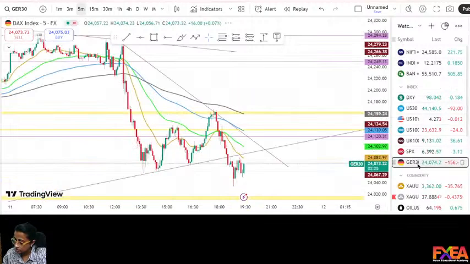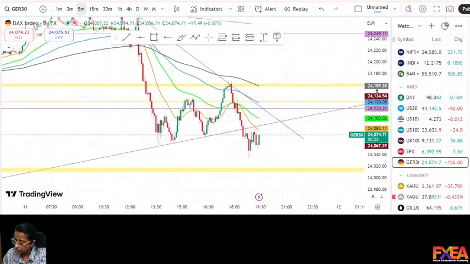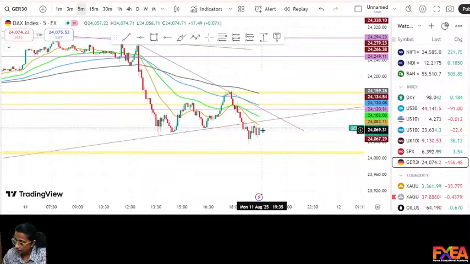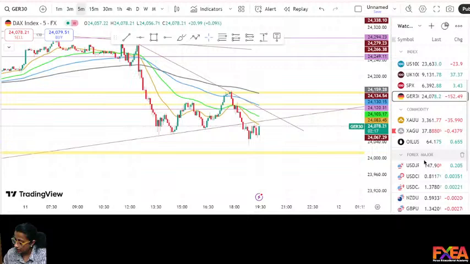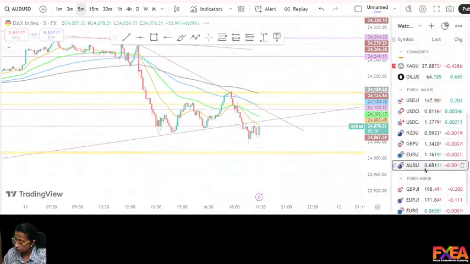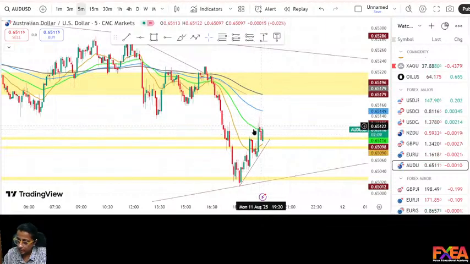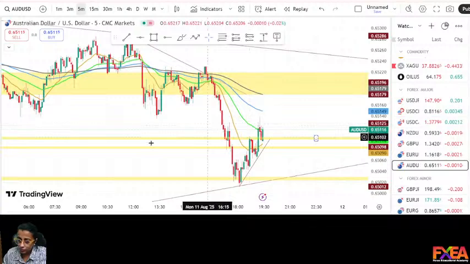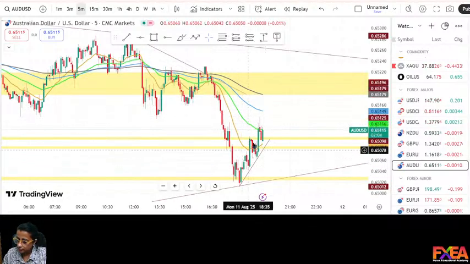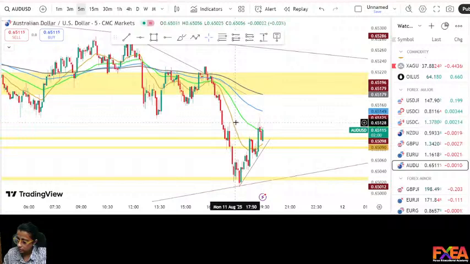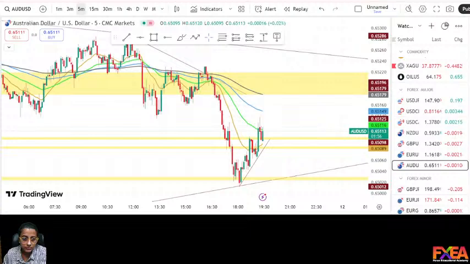And what about Germany? It is showing a slight time correction and slight bullishness. It has to cross this trend line. And what is happening with old USD? Old USD also has slight bullishness, and it has crossed this liquidity level. It should cross this liquidity level upwards.